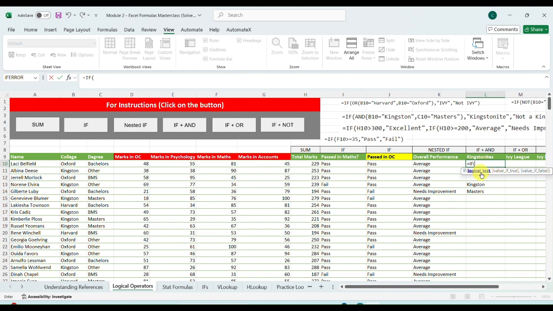Then it is asking for the logical test. Don't go directly to the college name. Use and here because we are going to use this combo. Now, if and, what is the case? Where is the Kingston?